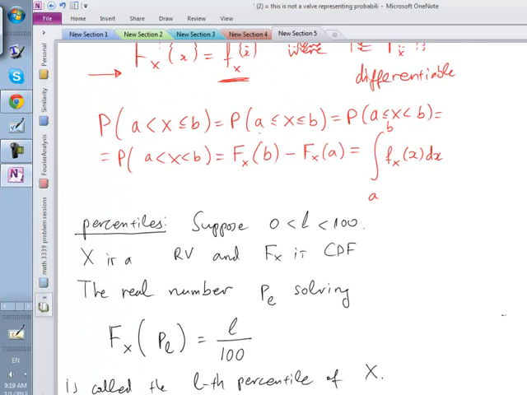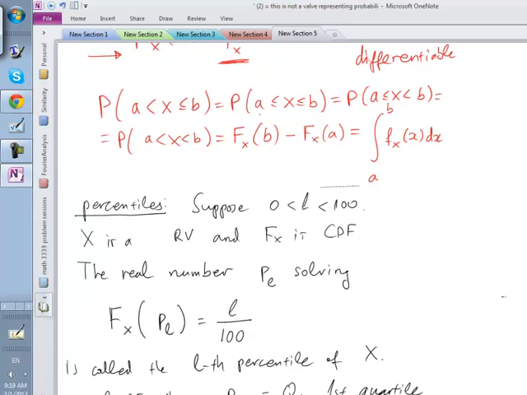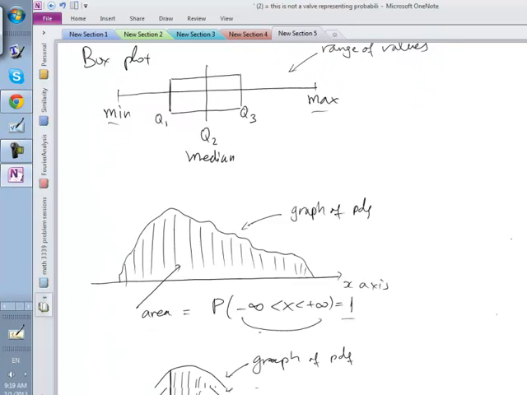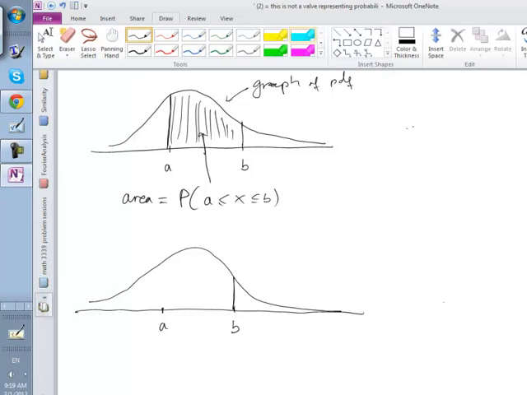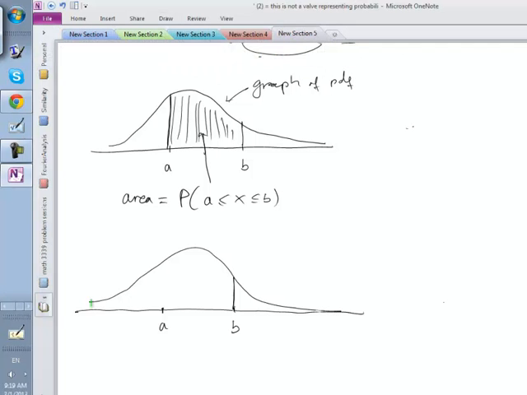Now, I showed you this equation. Let's look at the very last equation, and how it is interpreted in terms of the graph of the PDF. So I'm drawing again roughly the same curve. It didn't come out exactly the same. Let's say B is here and A is here. This area, my green area here,